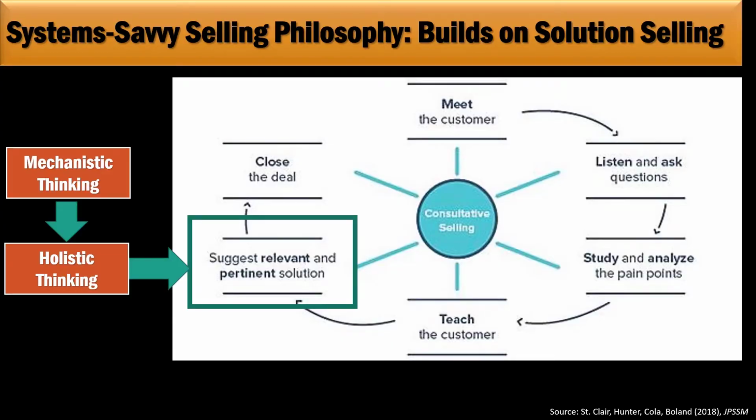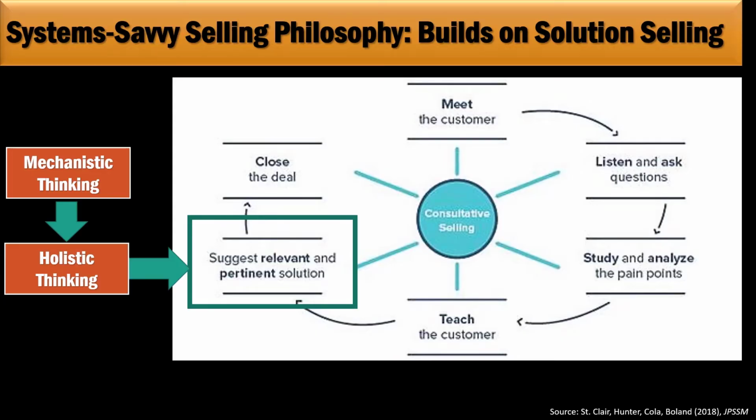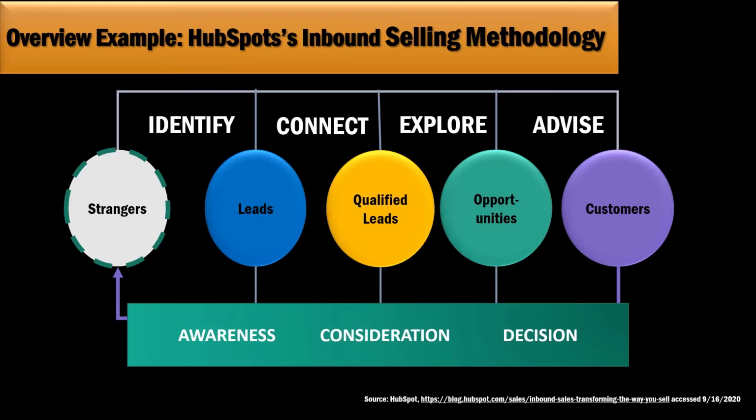Holistic is trying to back up and see the forest, like what are the longer term ramifications of the solutions that you're proposing? Is this idea that the customer is talking about, is that problem going to lead to other problems if you just kind of address the solution for that one problem? How do I think more systemically or holistically about the problems confronting the customer, and develop and propose solutions that work for that? That is system savvy selling. Okay, I'm going to talk, as I said earlier, a little bit about each one of these somewhat.